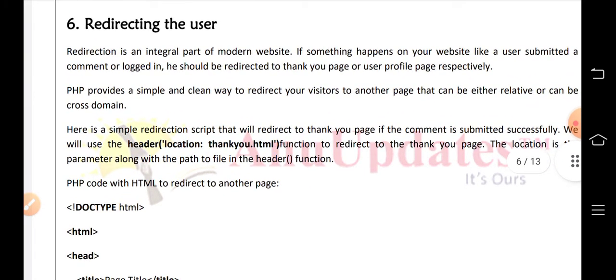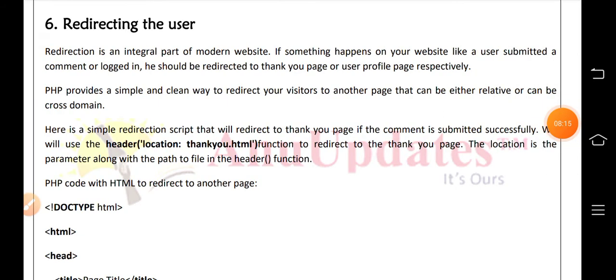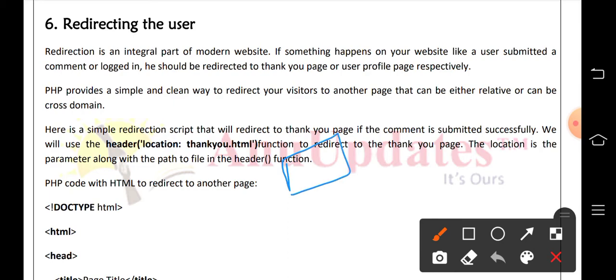Next, redirecting the user. Redirection is an integral part of modern websites. That means when we click on the submit button or when we click on sign in or log in, that page has to be redirected to some other web page.